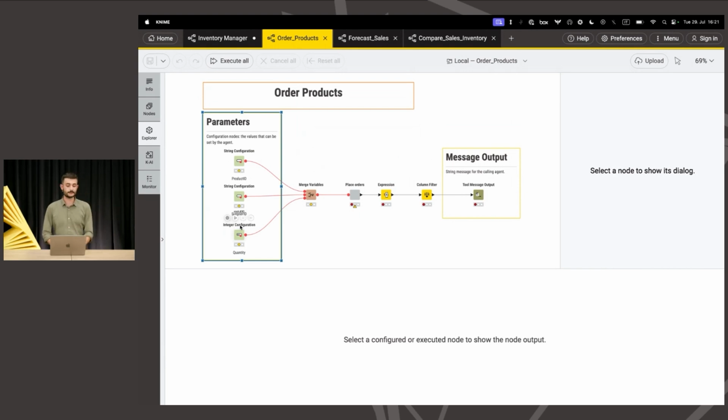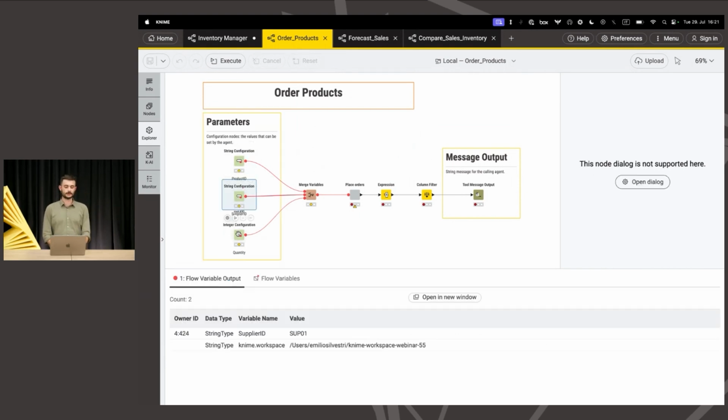And they are represented by those configuration nodes. Maybe those of you that are already a little bit familiar with KNIME have used those nodes already, because they're not very new. We are just repurposing them. Before, we used them only to put some configurations, for example, inside components. But now in the new agentic framework, if you put a string configuration, an integer configuration, a double configuration node,